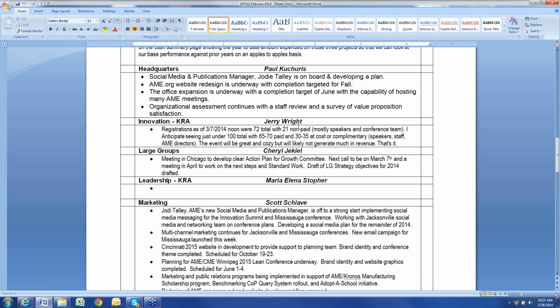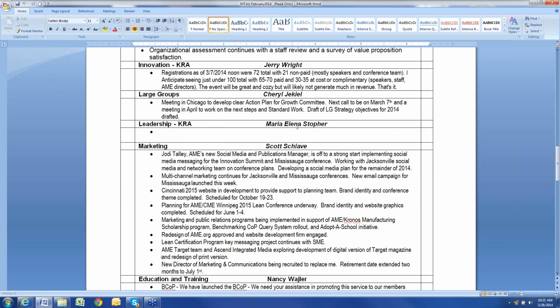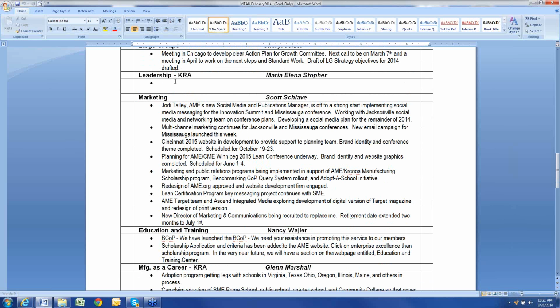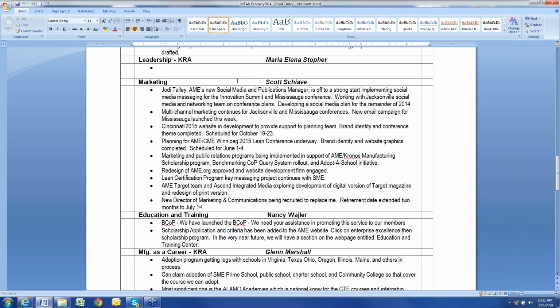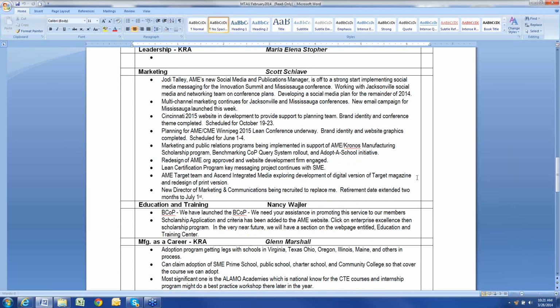Maria-Elena Stouffer is doing our leadership, people-centric leadership, which is really a very aggressive program to spread the word and to engage our employees in the process of achieving excellence, running a number of different sessions in conjunction with Barry Waymiller. Scott Shive will also notice we have a complete marketing plan for 2014 in our